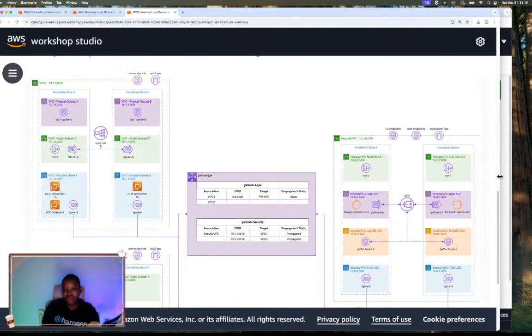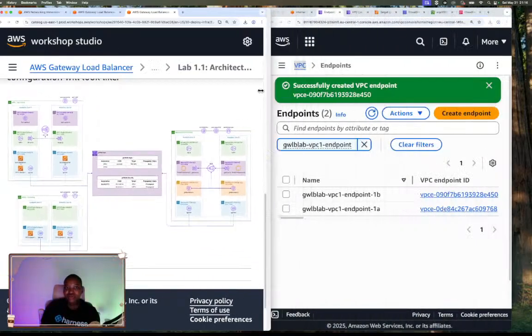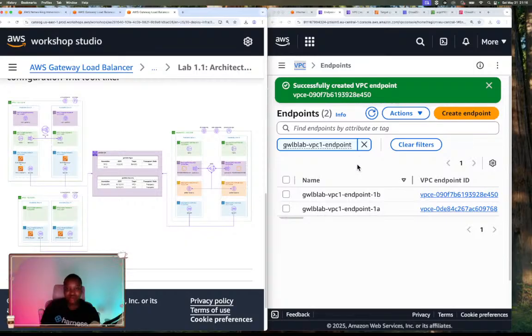This is what I want to show you. So we created this gateway load balancer, and then we have the gateway load balancer endpoint service that has network interfaces in this VPC's subnets. We created this gateway load balancer endpoint in VPC1, these 2 here. Then we are about to create these gateway load balancer endpoints in the security VPC. They don't exist yet, so we're going to create them. You need the gateway load balancer endpoints created for it to use the load balancer's endpoint service that we created. So we're going to create that now,